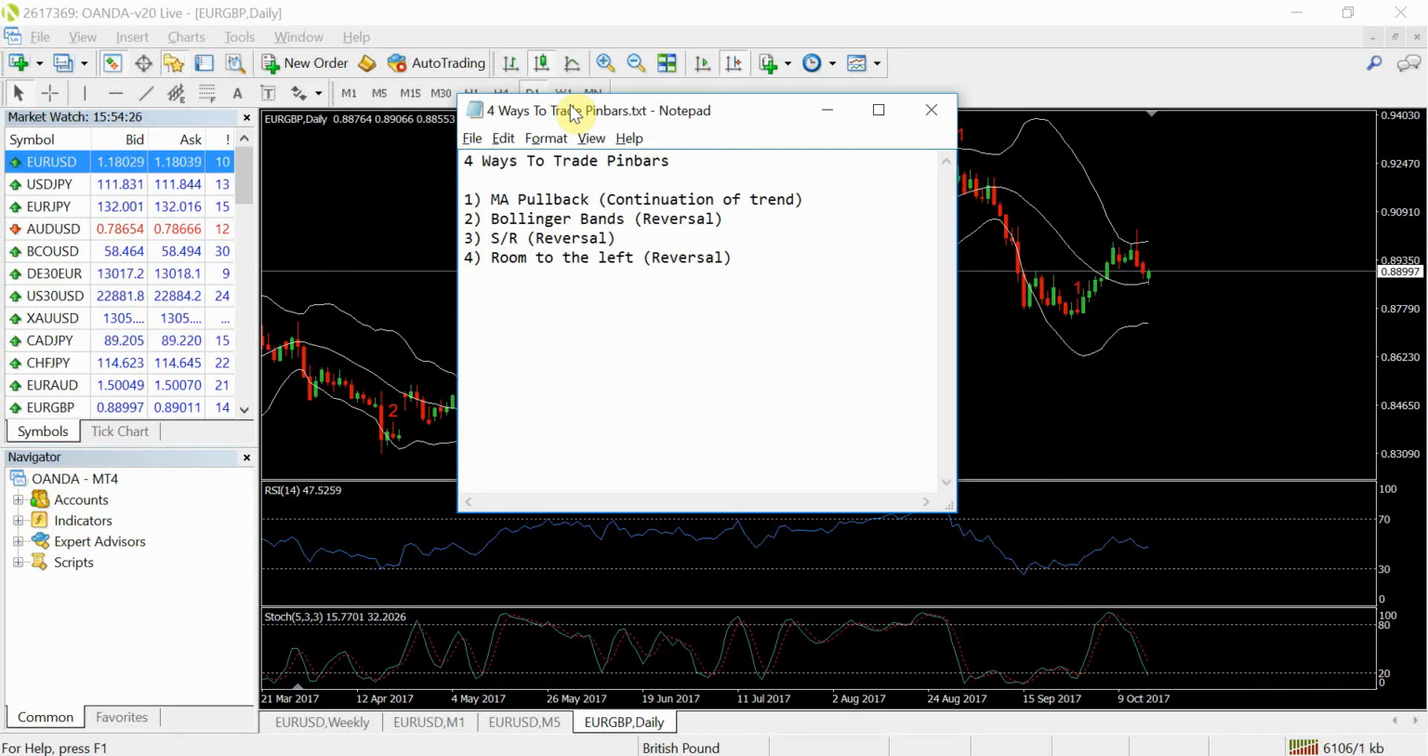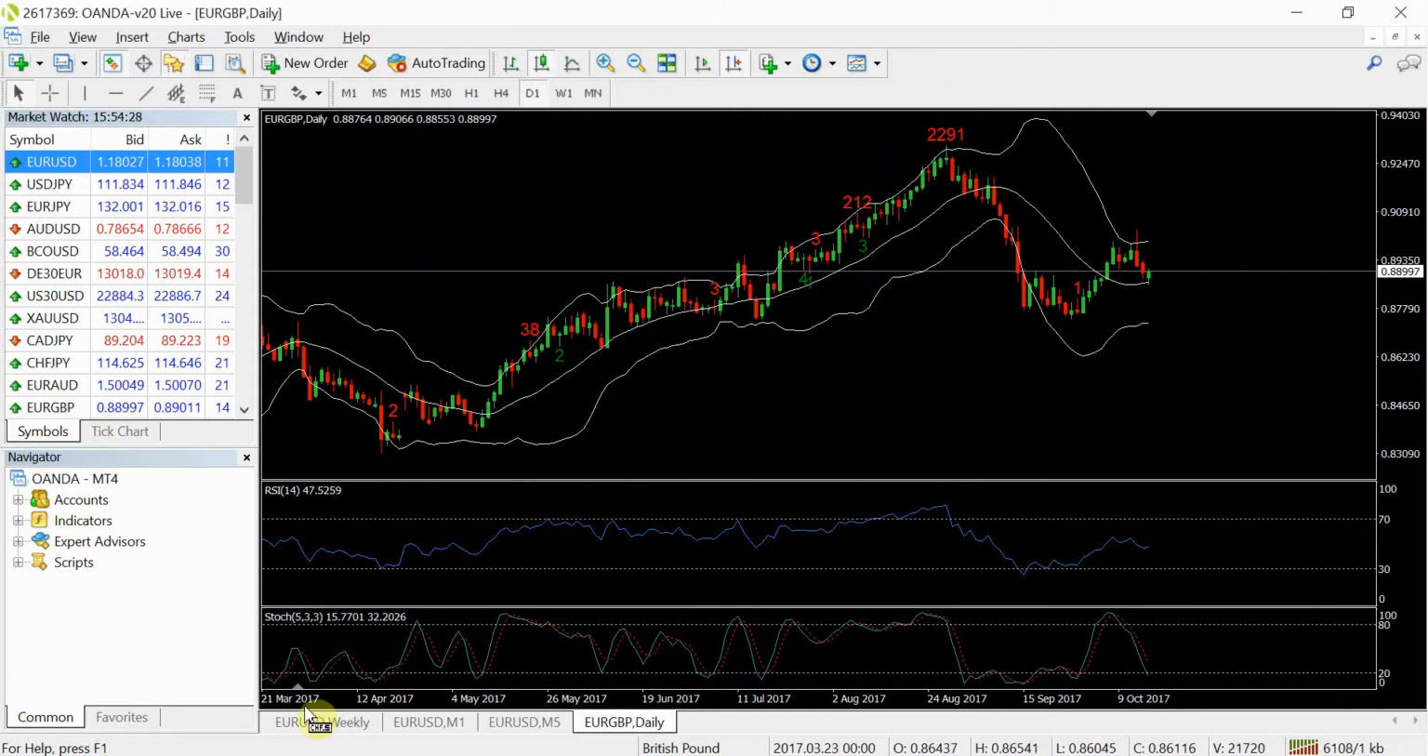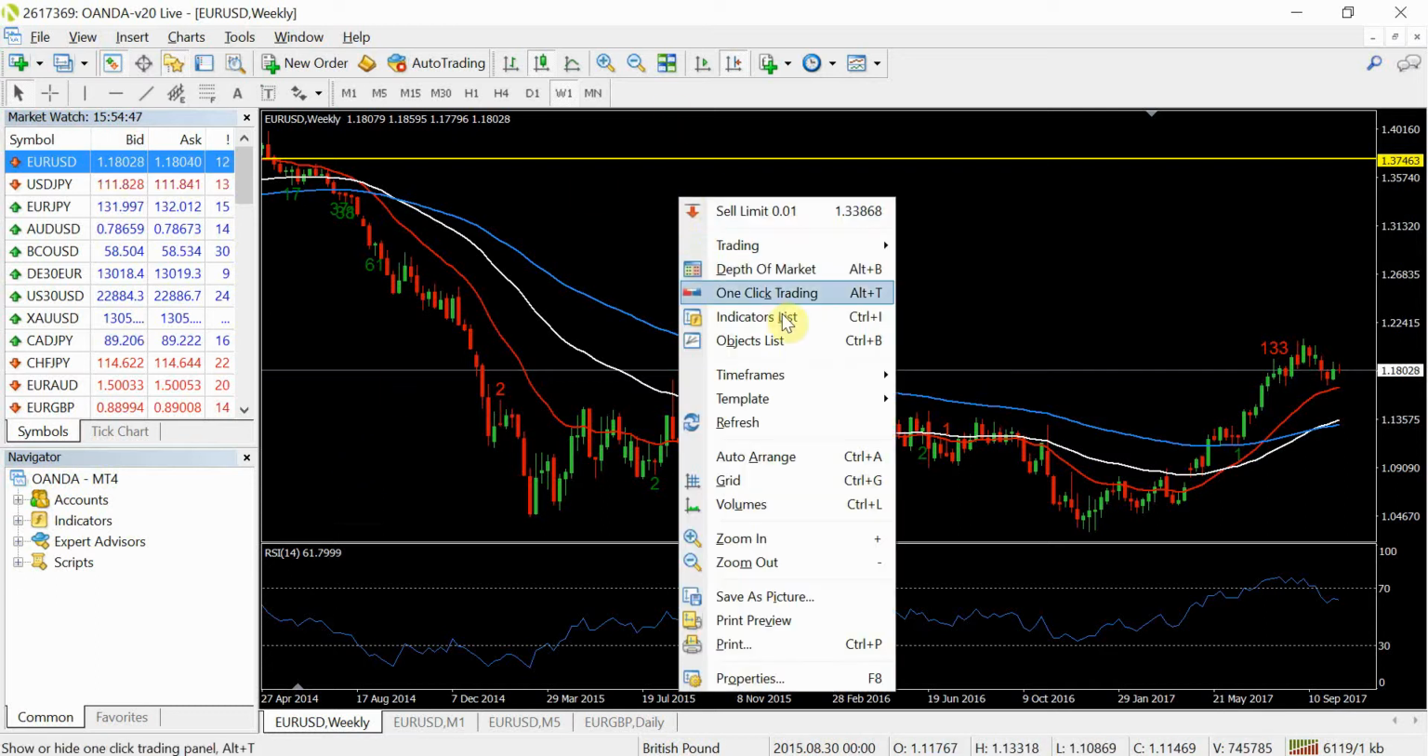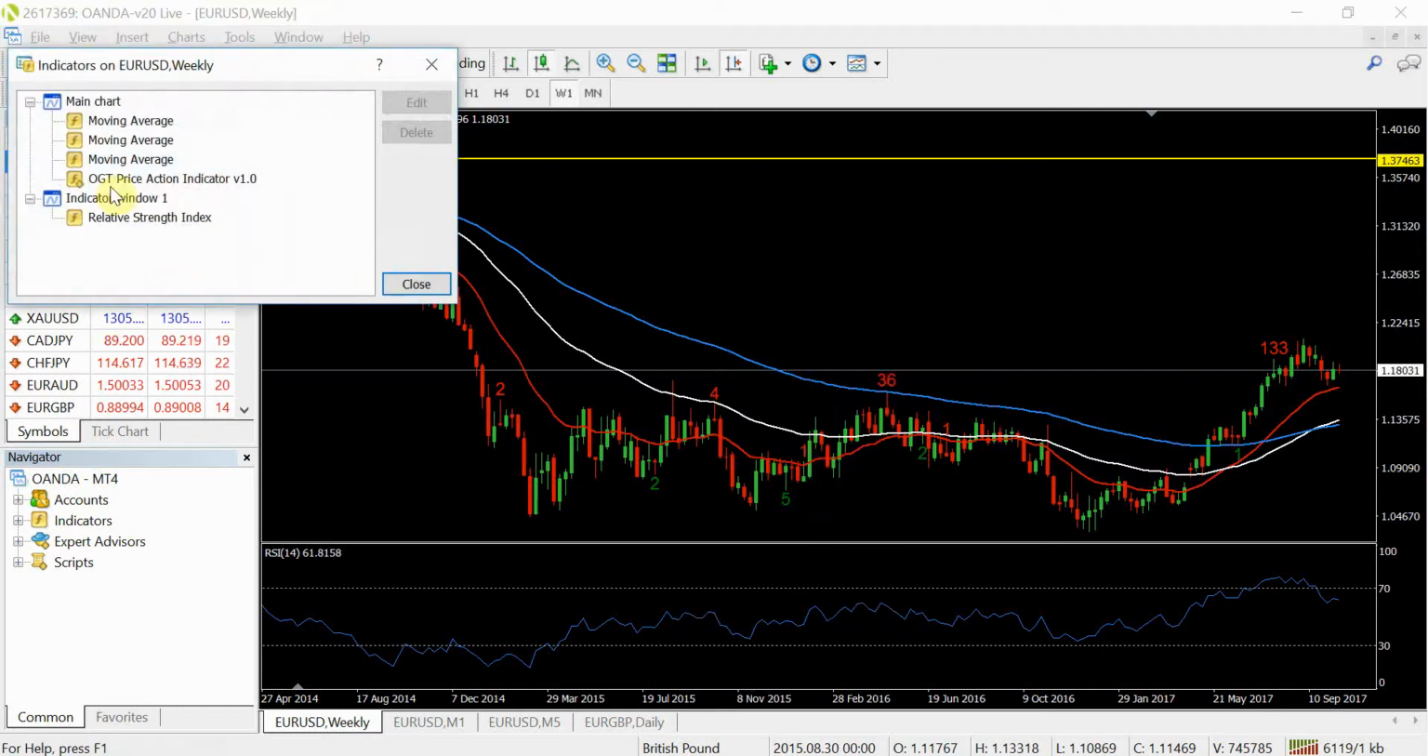So I'm going to show you an example of that. The chart you're seeing now is a weekly Euro USD. For those who aren't familiar with the indicator, I've got videos which I'll link to that go into what the indicator is showing. But just to show you the settings that I've got for this particular example